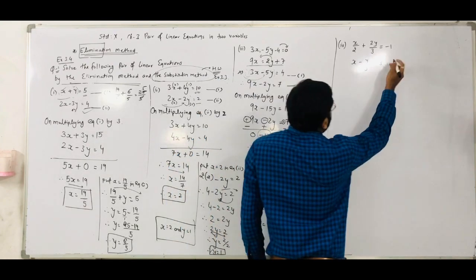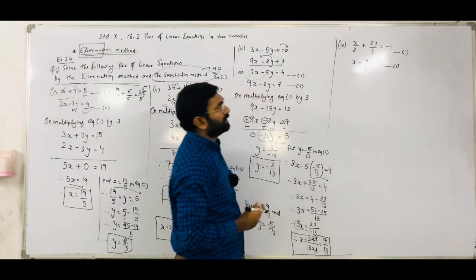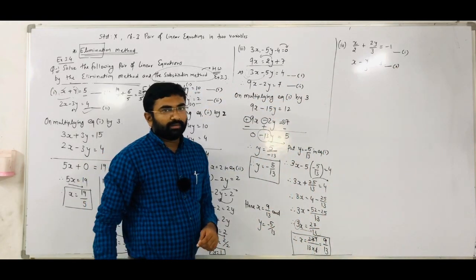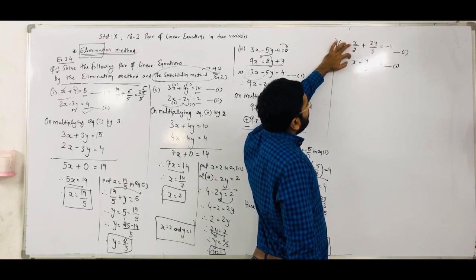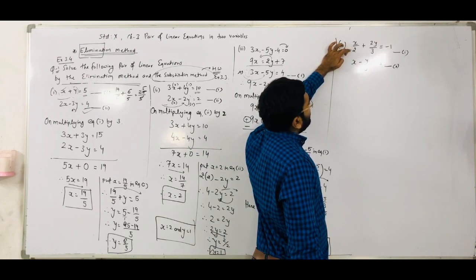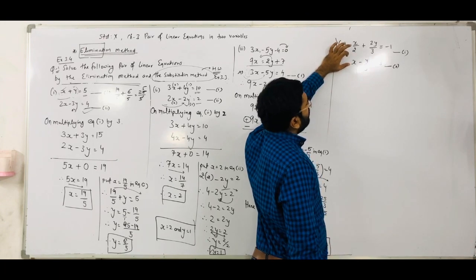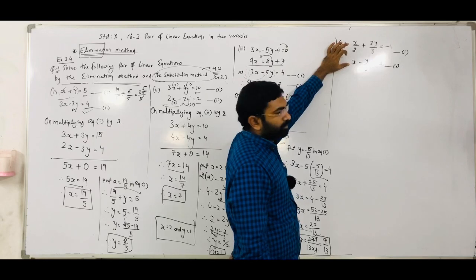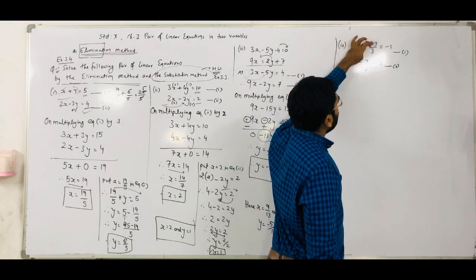Right? So here this is equation number 1 and here is equation number 2. Okay. That's how you can solve it. Right, now how can we say? See, the first term, the x term. Here it is x by 2. For making that the same term, here we need to multiply by x by 1 by 2, so it becomes x by 2. Another term, observe, here is 2y by 3.